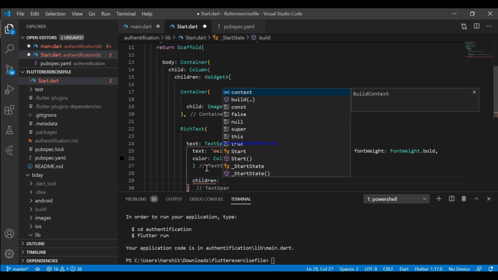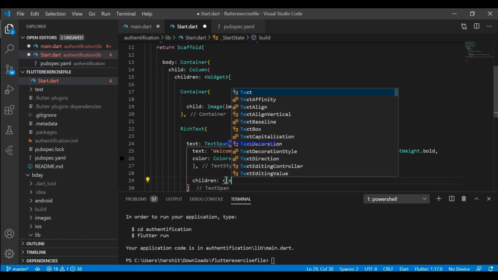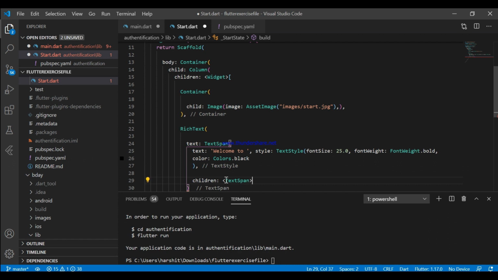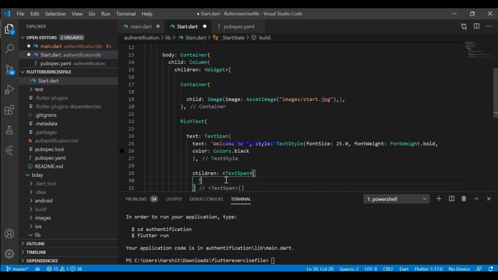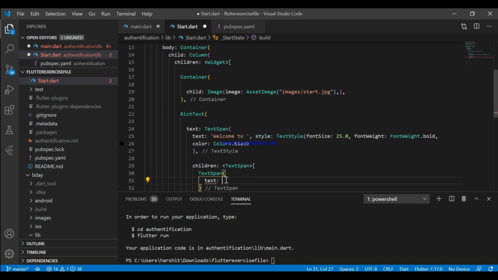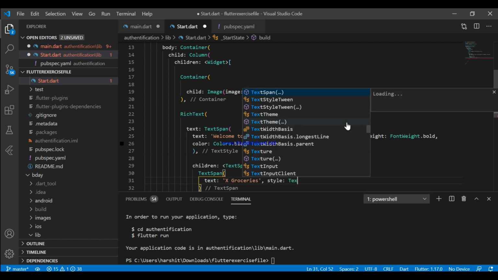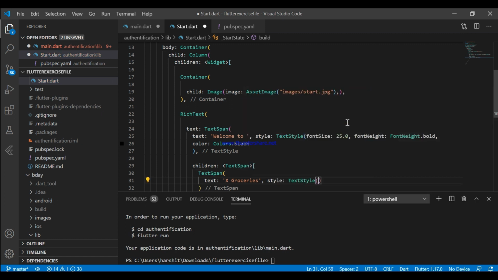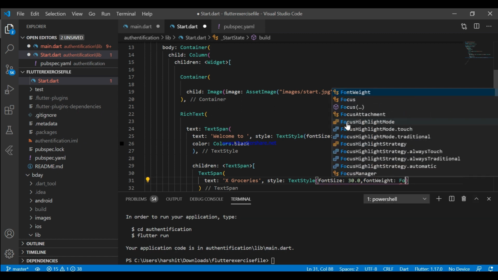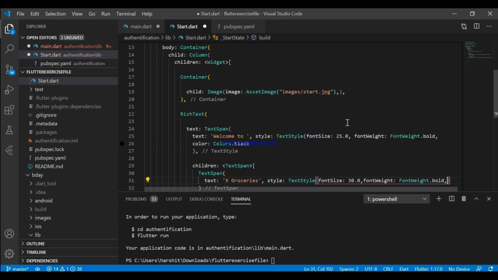If you guys have any kind of doubt regarding container and column, then watch the Flutter Basics tutorial first. Okay, so here is the text span for X groceries. Now X groceries. Let's also provide some styling here, a font size of 30 and also bold text and an orange color.